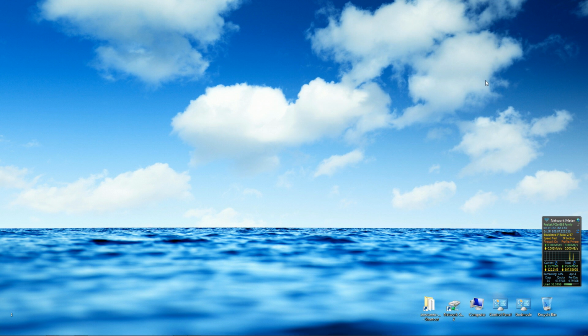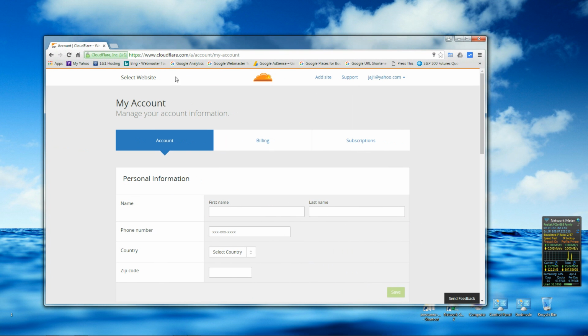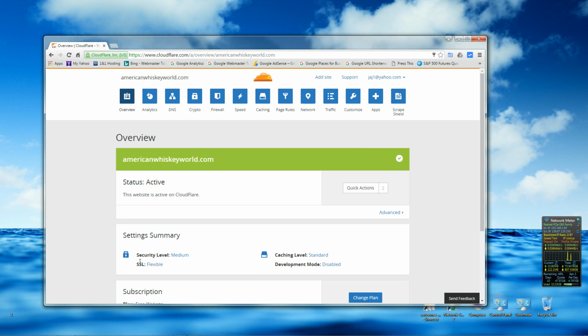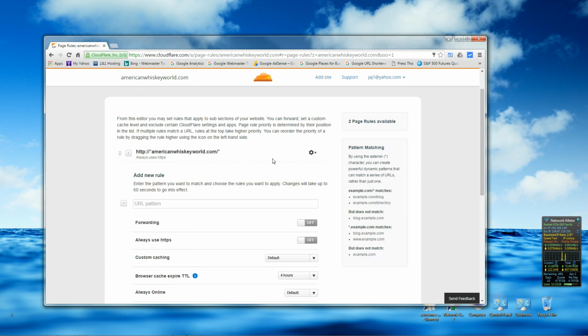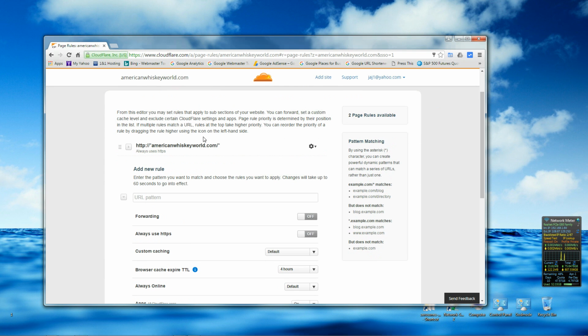We have to go over to the Cloudflare side now and set up the page rule. So again, we come in, log into your Cloudflare account, and come over to page rules. You should be active. Again, you have to be already on the CDN network. Page rules. Now I already have it set up, but I'm going to show you how you do one. So you'd come in, you'd see this, add the rule. You want to put in